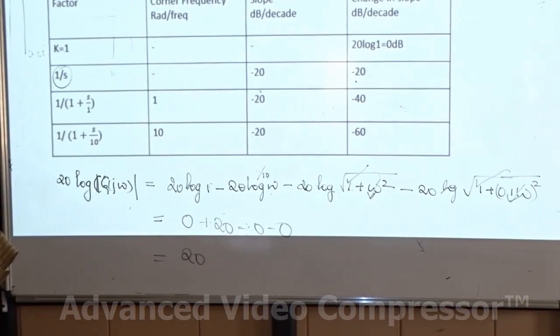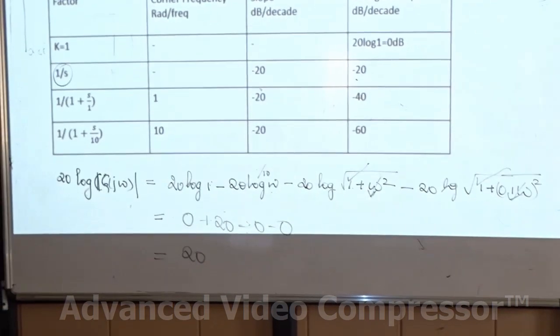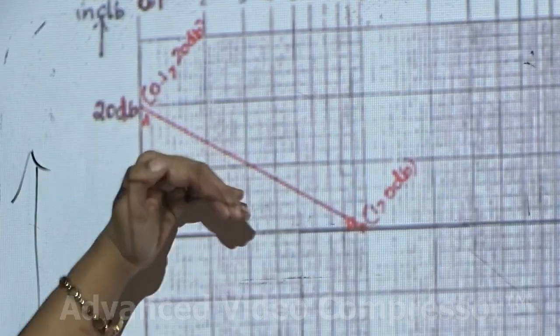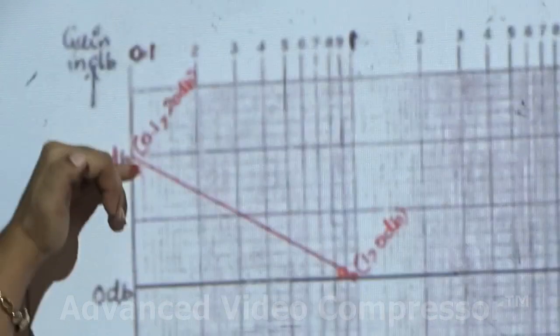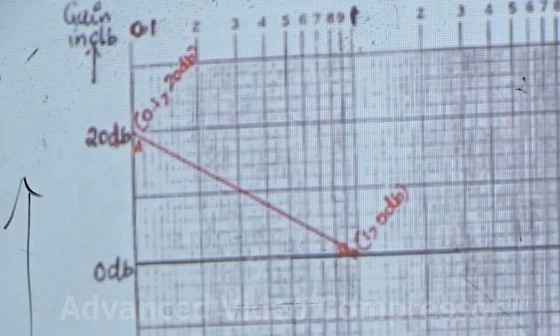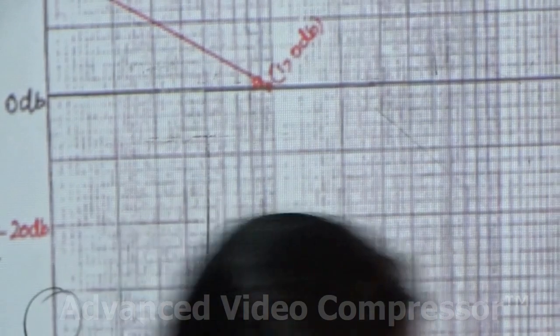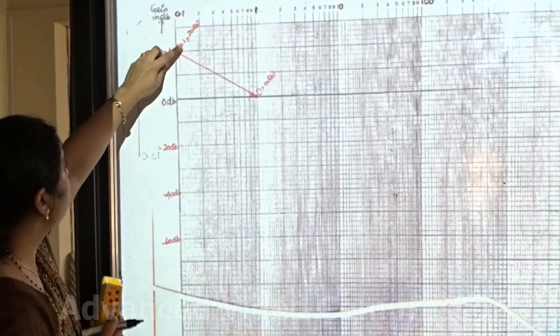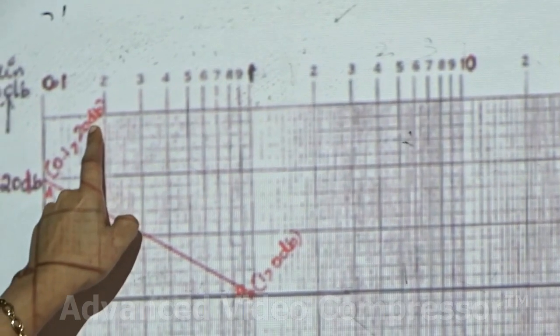Now the initial magnitude is very important, it is where you have to start. After calculating the initial magnitude 20, at 0.1 it should be 20. From 20 I have to come down. It is a negative slope. I have a pole at this point, 1 by s, so that gives a negative slope, minus 20 dB. Minus 20 means you have to come down; plus 20 is going up, minus 20 is coming down. So 20 is here. The coordinate of this point is x is 0.1 radian per second, y magnitude is 20 dB.